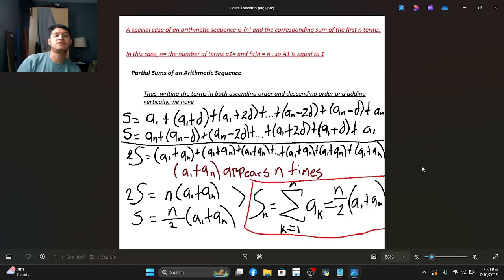A special case of an arithmetic sequence is the sequence of the first n terms and the corresponding sum, the partial sums of an arithmetic sequence. Thus, writing the terms in both ascending and descending order, algebraically we have